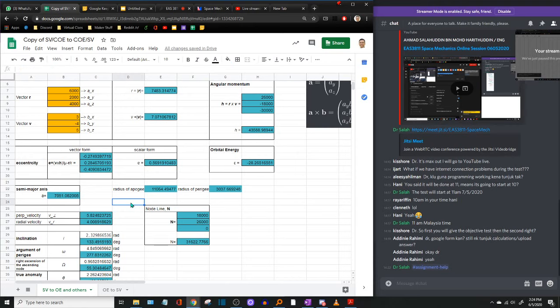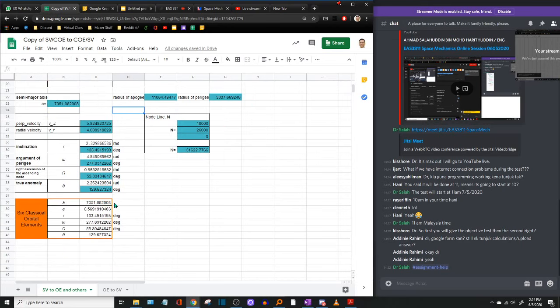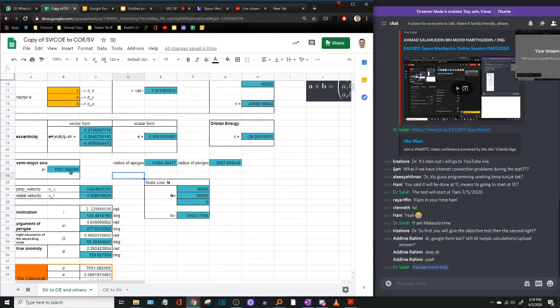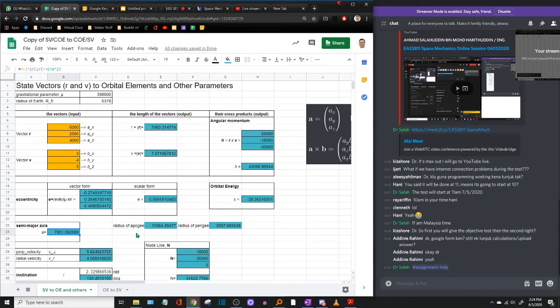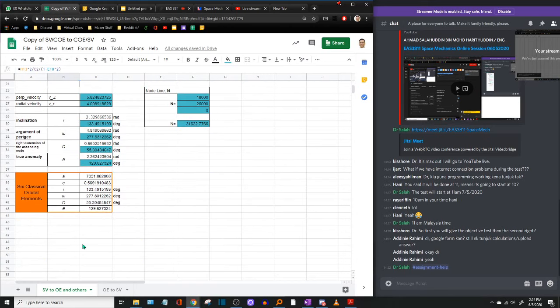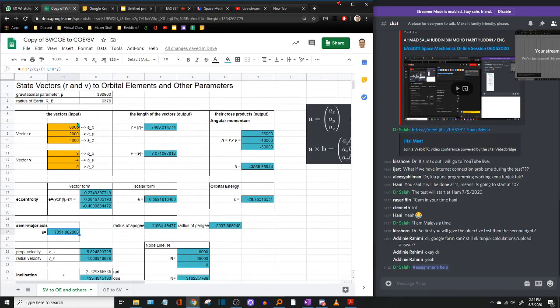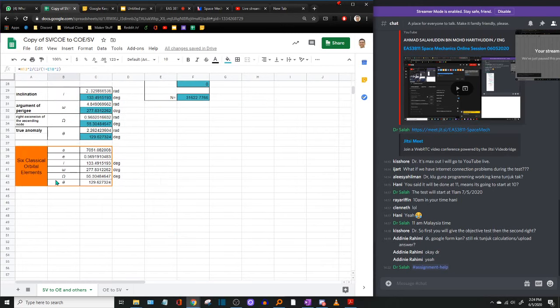I'm just going to let you view this document here. If you need to do your own, you can check this. You can check all the formulas here, and then do it yourself, because I don't think I want to change anything here. Okay, this is a case where you are given position and velocity vectors and you need to find 6